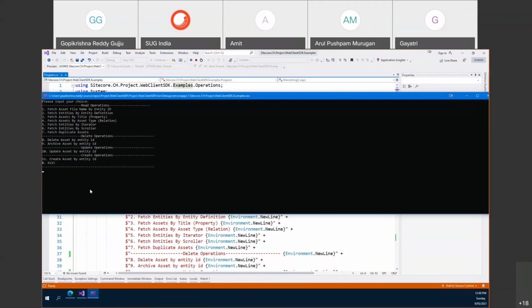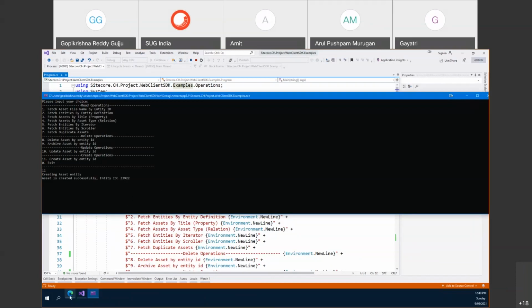Delete, update, create. Let's create first. That name, create asset by entity ID, but I'm not passing any information. I hard coded all the information. So let it create an entity. We should get an entity ID. We are passing all the mandatory information: title, asset type, final life cycle, and content repository, as well as the public URL. So I'm sending some public URL, some Unsplash video.